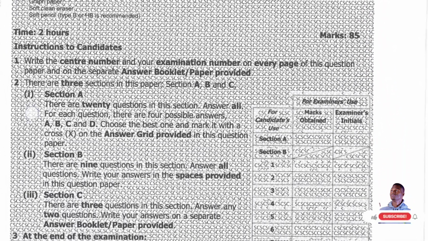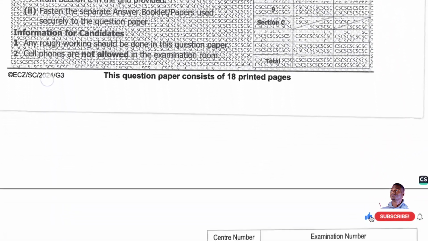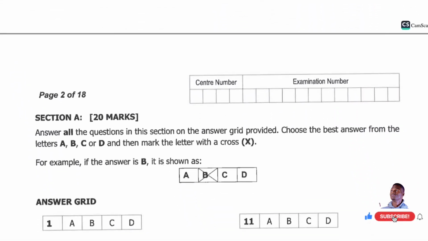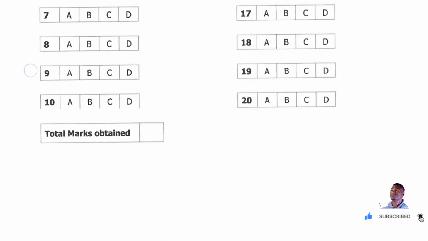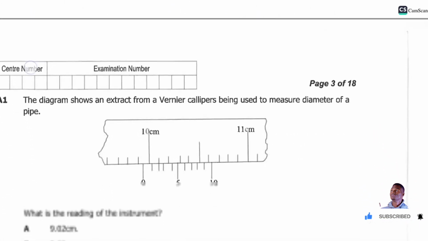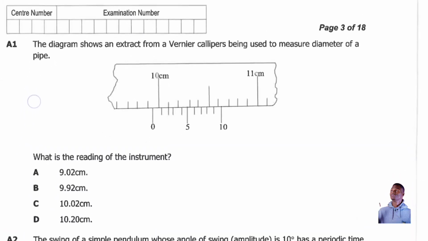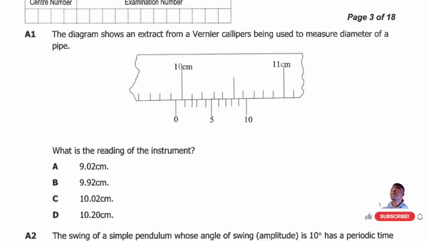Now, in this video we're going to answer this science paper 1, which is physics. I'll be explaining as I calculate, as we prepare for your exams. Now, the first question. The diagram shows an extract from Vernier calipers being used to measure the diameter of a